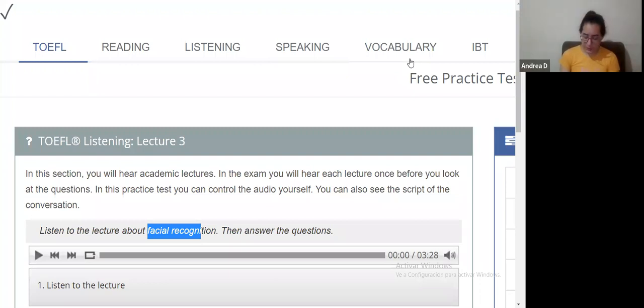Okay, perfect, Madeline. Thank you so much. So there you go. You were very detailed. It is about facial recognition. They started with a definition of what it is, how it works, an example as well, given by one of the students. And then they classify, we talk about the types of facial recognition or the types of technology that are used. They talk about 2D, 3D, and skin biometrics. And if I'm not wrong, they also explain how each one is used and their advantages and disadvantages, or the problems that each one has.